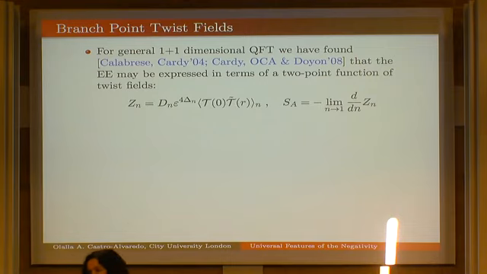I don't know if it's related to that, but the problem that often arises is that if you do this replica picture, at the end of the day, you have to take a limit n going to 1. Yeah, but since it's a limit, it means that n is not an integer. Exactly. So, in my understanding, it's not that the replica trick in itself is not a correct mathematical statement,